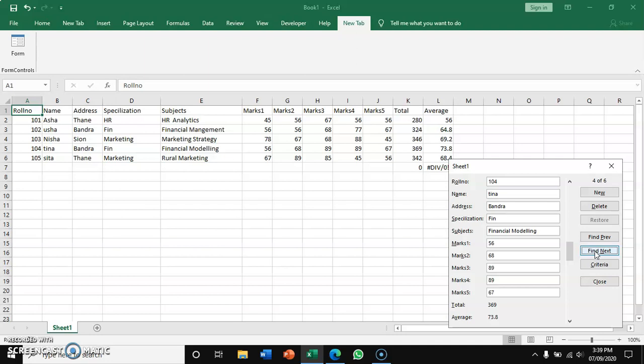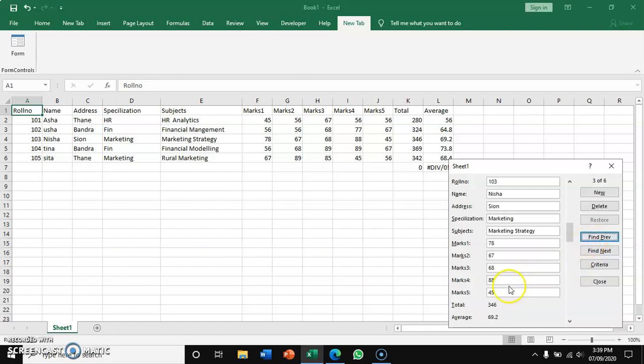Now let us search for some numbers. Click on Criteria. We'll remove this criteria. Let us say I want to find the average which is greater than 68. Where is this criteria? Greater than 68.